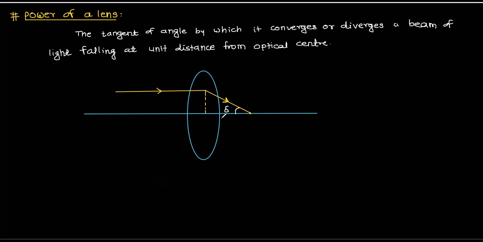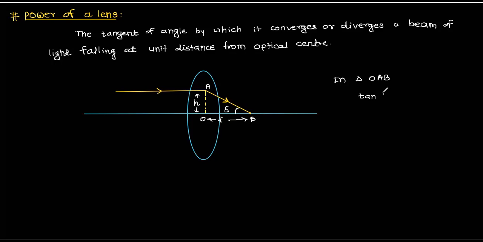Now this distance is what? Focal length, that is f. And this one is what? This is height h. Now let us suppose this one is optical center O, and this point is B. So now in triangle OAB,